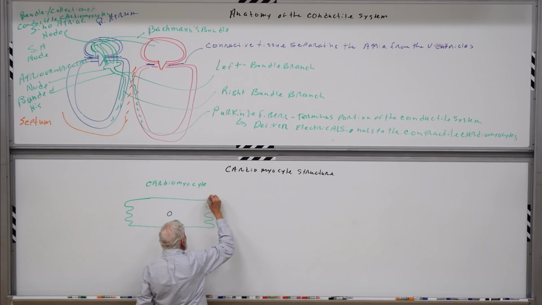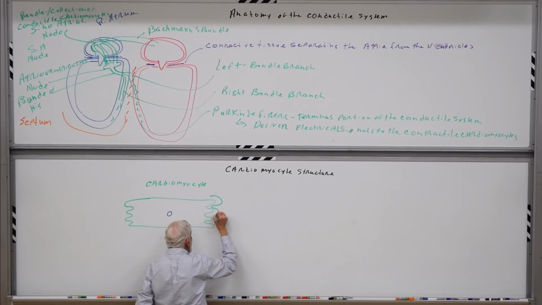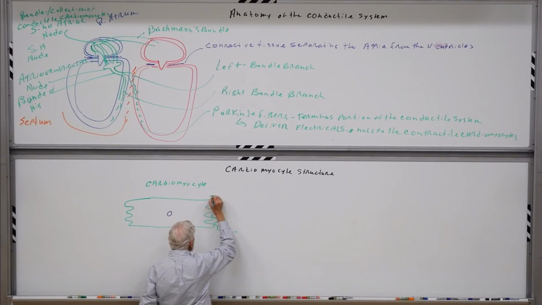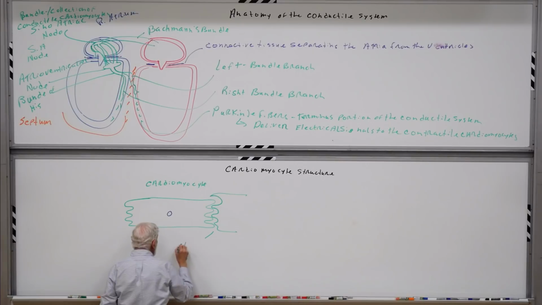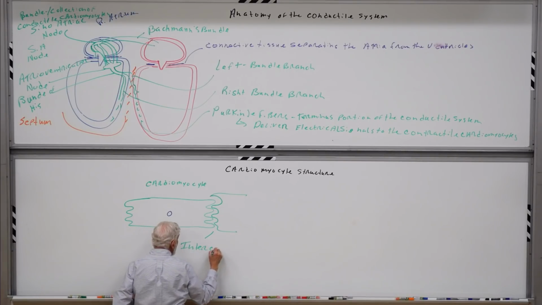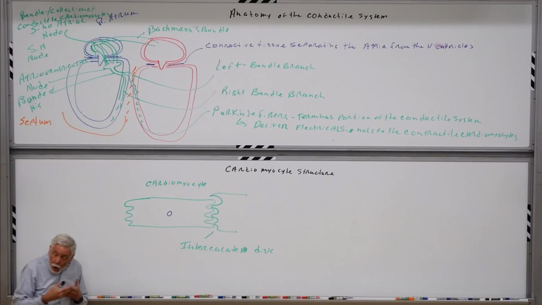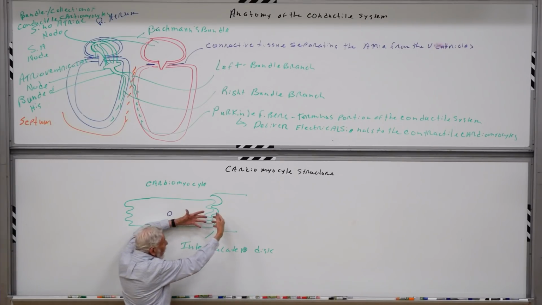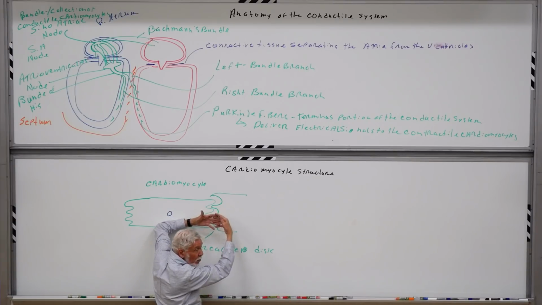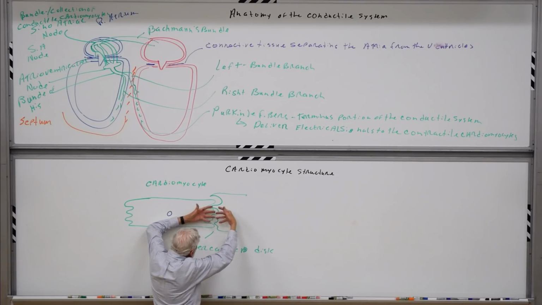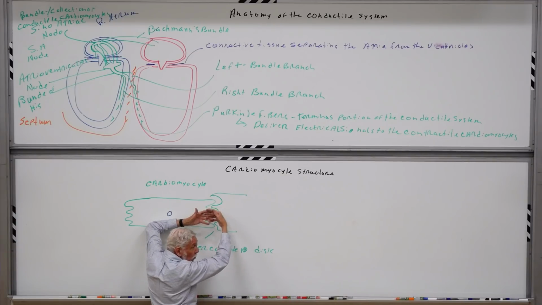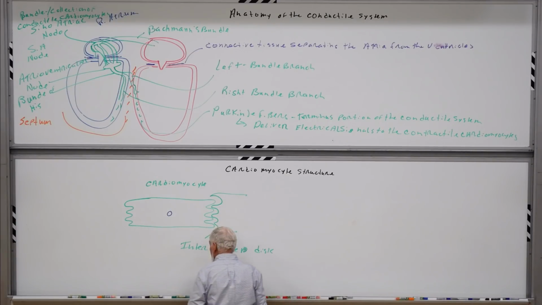But each of the individual cells makes contact with its neighbors at a site called the intercalated disk. Now, the intercalated disk is nothing more than these finger-like projections of the plasma membrane of the neighboring cells. And these finger-like projections now interdigitate one with another. And if we look closely at these sites, we'll find in here